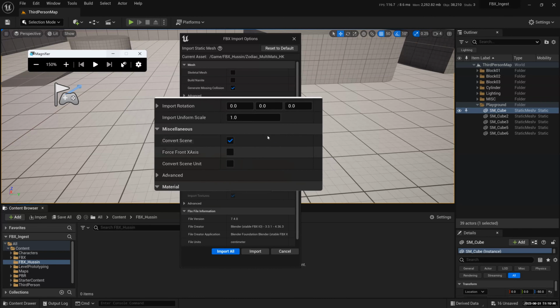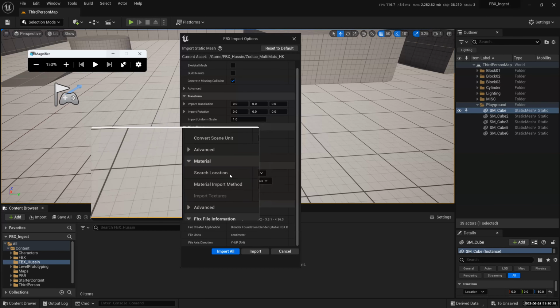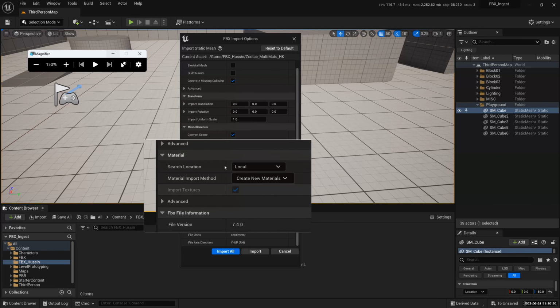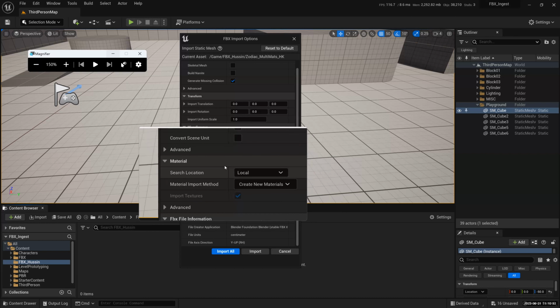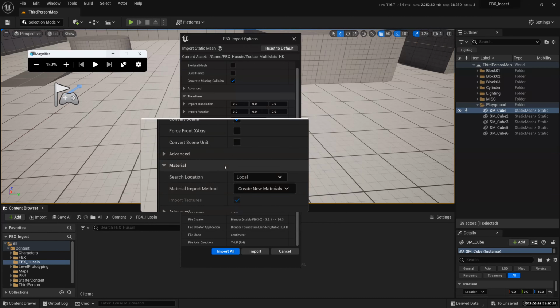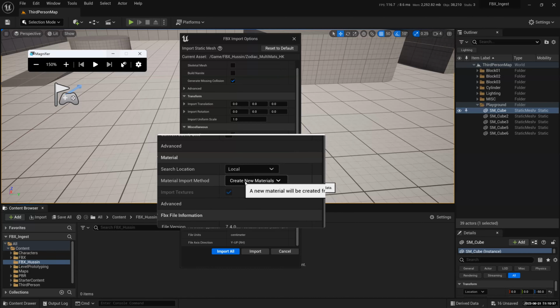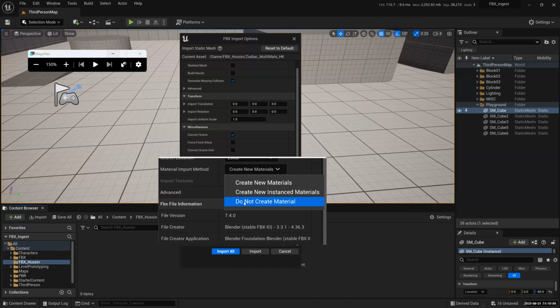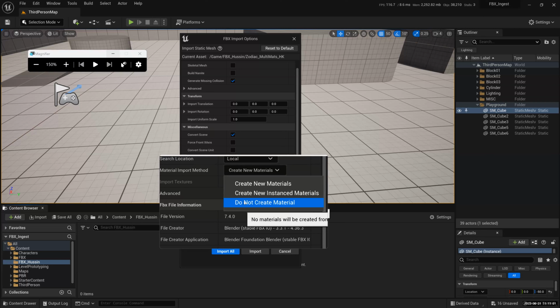Materials. Okay, this is where the cool thing is. It detects the materials that are attached to the polygon or the mesh that we are trying to bring in. It's asking whether you want to create new materials or not. For me, I have two ways of doing things.